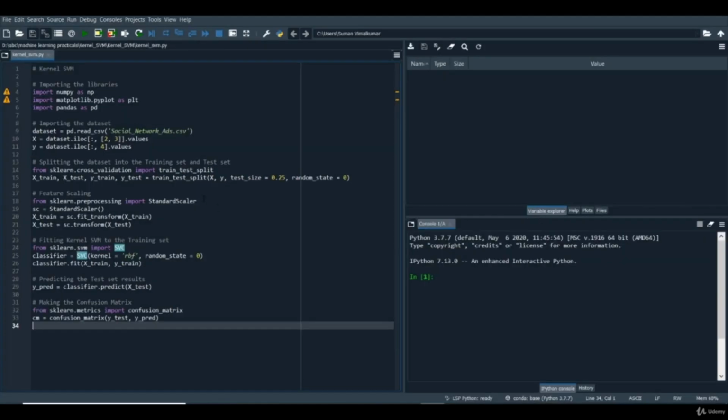Hello friends, welcome to the course on machine learning. Today we are going to start with the concept of kernel SVM. In the previous section we have seen SVM. Now today we are going to try to understand what is kernel, why it is required in the SVM, what is the use of it, what is the intuition behind it, how it works, and things like that. So let's get started.